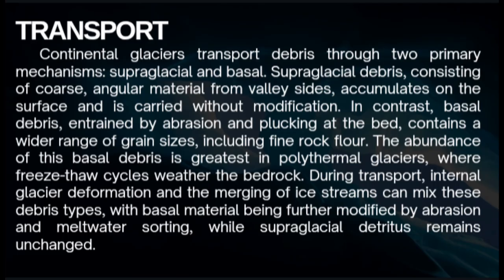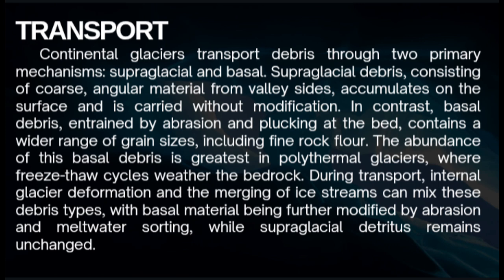It contains a wider range of grain sizes, including fine rock flour, and the abundance of this basal debris is greatest in polythermal glaciers, where freeze-thaw cycles weather the bedrock. During transportation, internal glacier deformation and the merging of ice streams can mix these debris types, with the basal material being further modified by abrasion and meltwater sorting, while supraglacial